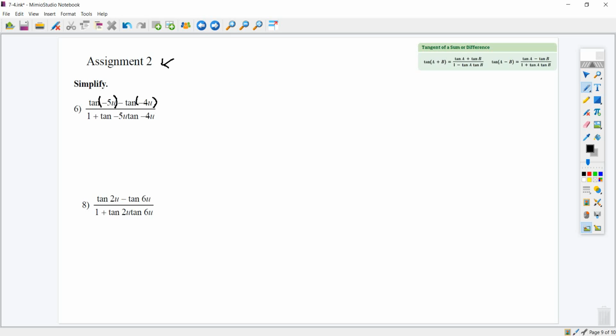Okay, so now look at the formula. Which one do you think we will use here? We have a plus here, but in the formula we have plus. When we have minus here on the